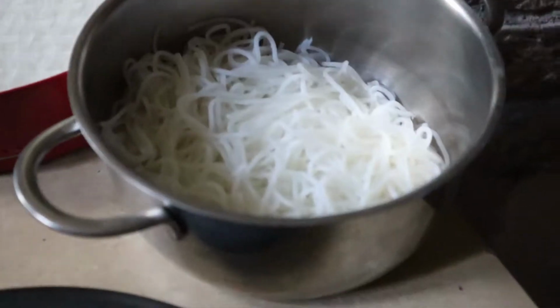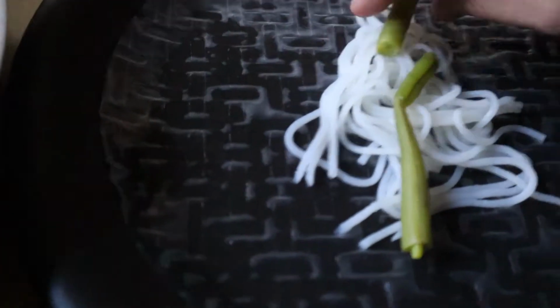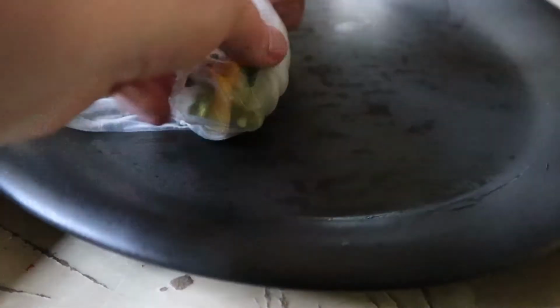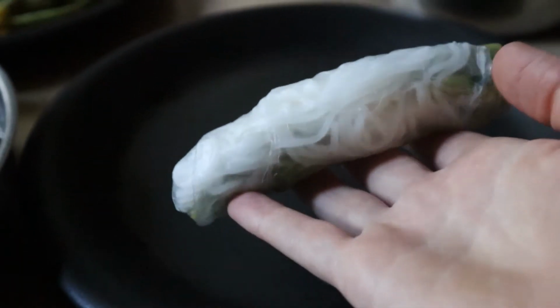You put everything you'll need right in front of you. Dip, noodles, rice paper, vegetables, and warm water. That was the hot water from earlier, that's why I kept it. Also an empty plate. You dip a sheet of rice paper in the water and put it on the plate. Then put the filling on top. And here you can see me struggling with another set of complex movements while trying to hold the camera. There, summer roll. Now you just have to dip it and take a bite, which I'm not gonna show you because I'm still holding the